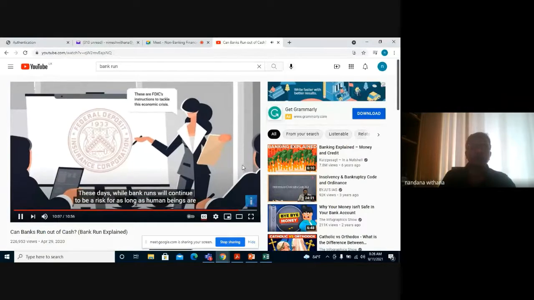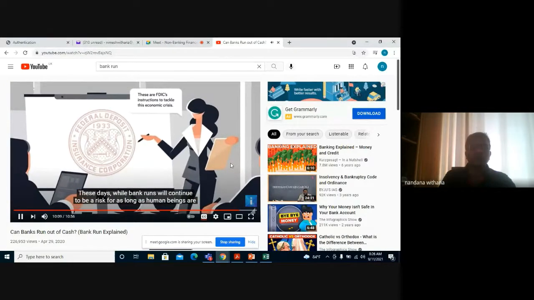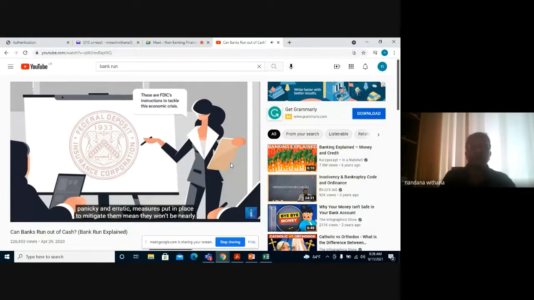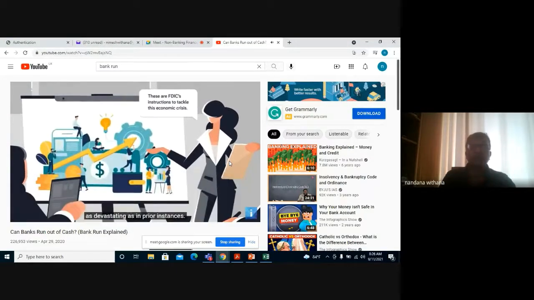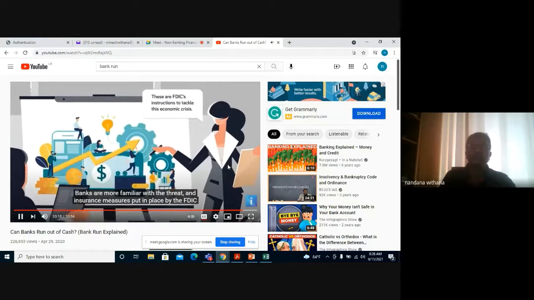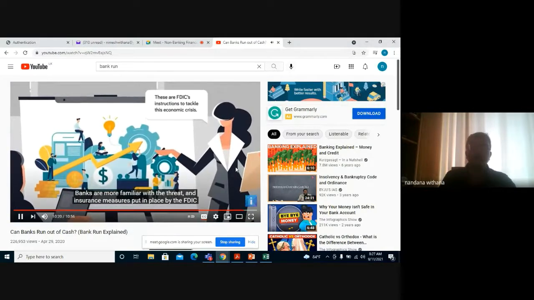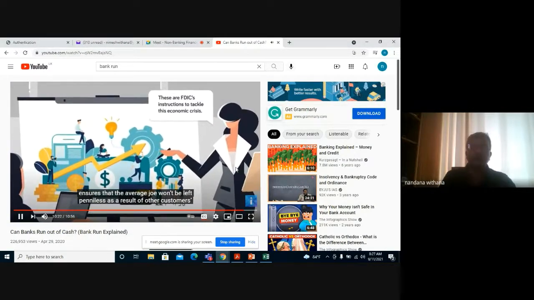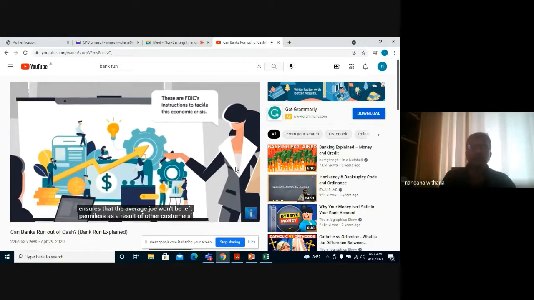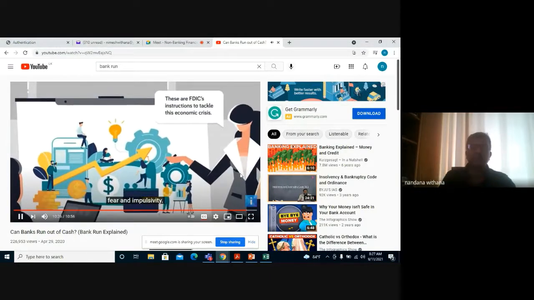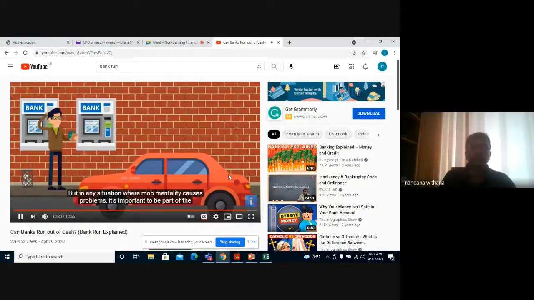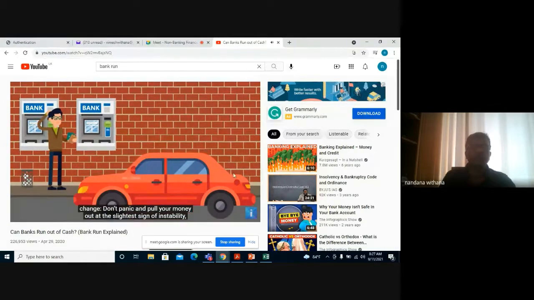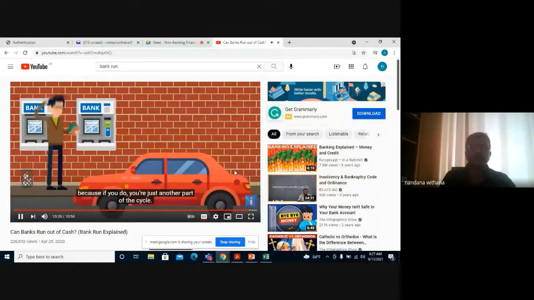These days, while bank runs will continue to be a risk for as long as human beings are panicky and erratic, measures put in place to mitigate them mean they won't be nearly as devastating as prior instances. Banks are more familiar with the threat, and insurance measures are put in place by the FDIC to ensure that the average Joe won't be left penniless as a result of other customers' fear and impulsivity. But in any situation where mob mentality causes problems, it's important to be part of the change. Don't panic and pull your money out at the slightest sign of instability, because if you do, you're just another